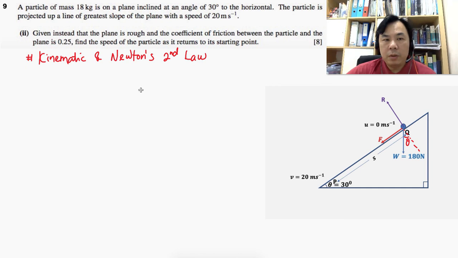I'm going to solve it using this method first. My first intention is to figure out what is the distance travelled before it reaches instantaneous rest, initially when it was projected at 20 meters per second there, right? So using this method, I'm going to consider